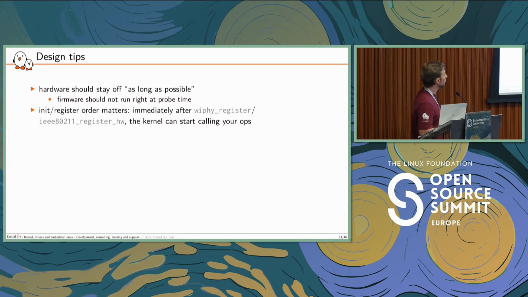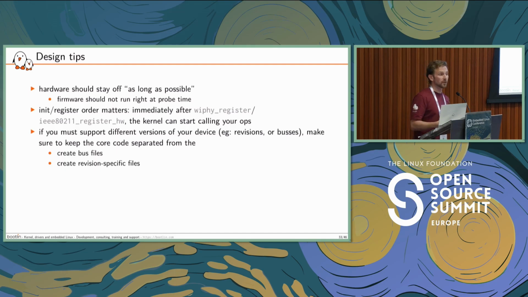About the registration order, once again, make sure to have properly initialized all the fields in your data structure before passing those to the kernel. Because as soon as you register your hardware structure or your wiphy, the kernel can immediately start calling your driver ops. With mac80211, there's not much room for mistakes, let's say, because there is only one set of registration API. But for FullMAC, you have both the wiphy to register and the net device. So you can start making mistakes here if you are not careful about proper initialization before registration.